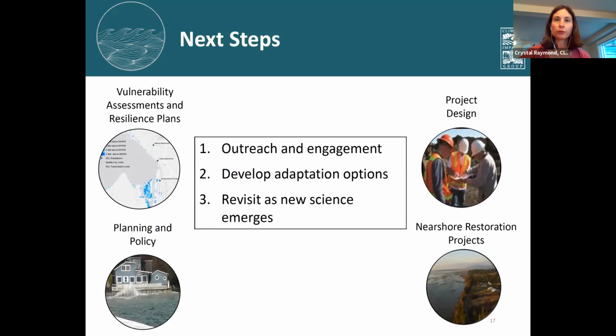And these projections were updated in 2018, as I said, and we know that the science around sea level rise is evolving, and likely new science will change the projections in the future. Given that we have this wide range, we wouldn't necessarily expect the range of projections to change, but the probabilities associated with values within that range may change. And so part of your process in using these values is to think about how you might revisit them in the future and build that flexibility and opportunities for updates within your applications for the